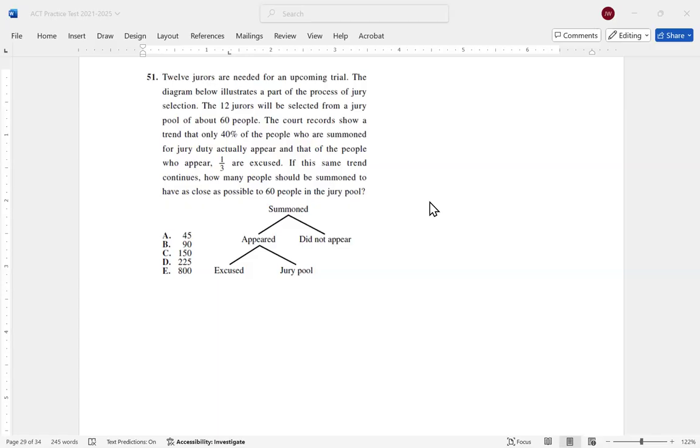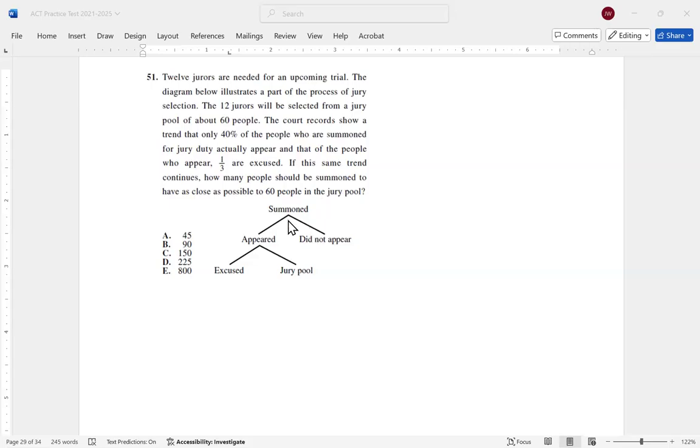By the way, if a third are excused, that means 2/3 fall into the jury pool. And if 40% appear, that means 60% did not appear. If this same trend continues, how many people should be summoned to have as close as possible to 60 people